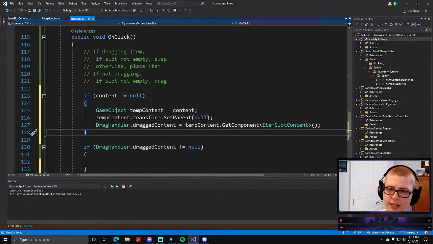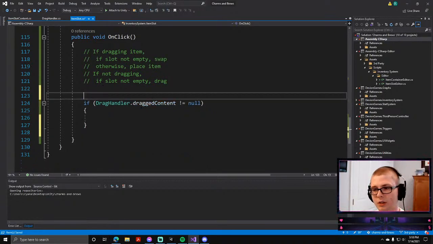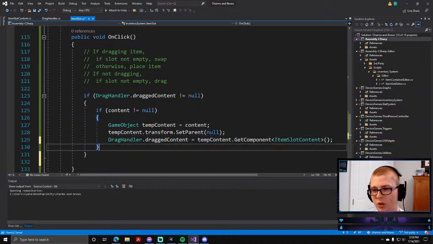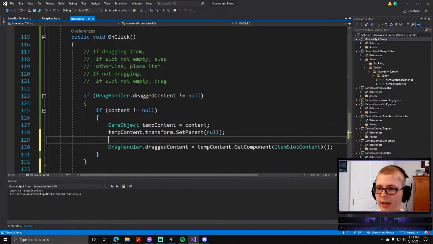So if the content inside when you click is not null, oh, I see. Wait, okay, so I need to do a swap, so it doesn't quite work like this. So I need a special case for swapping. And then, okay, yeah, there's a step I'm missing, which is